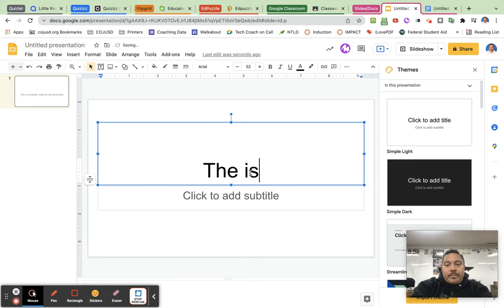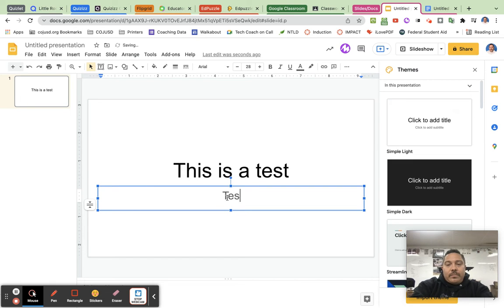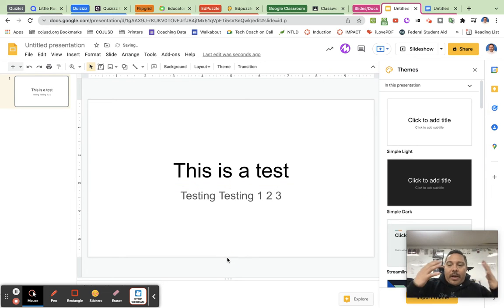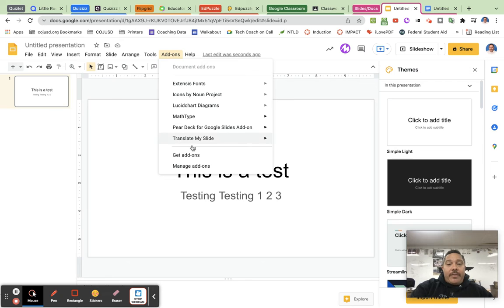And I'm going to put some text in here. This is a test. Okay. So there's a great add-on that will automatically translate all the text that you've typed on your slides. So, for example, let's just pretend I have a bunch of slides here with a bunch of English language text. So here's what you'll want to do: go to your add-ons, and if you don't have it yet,